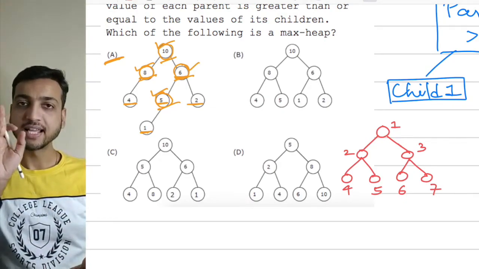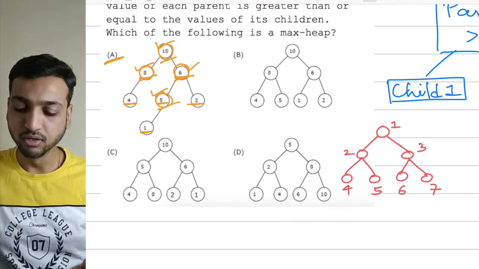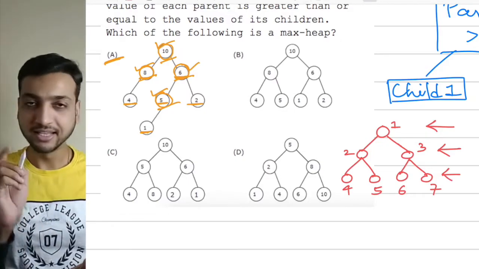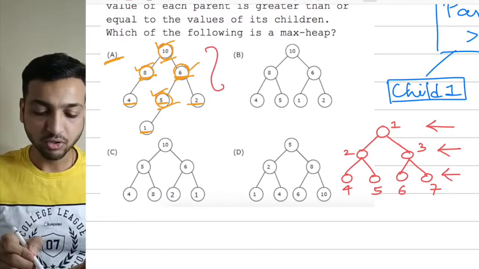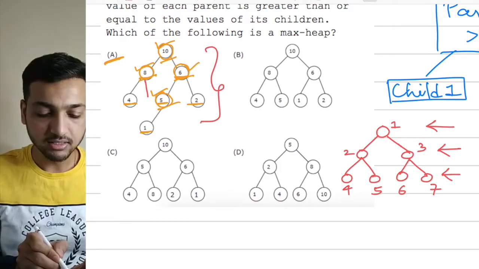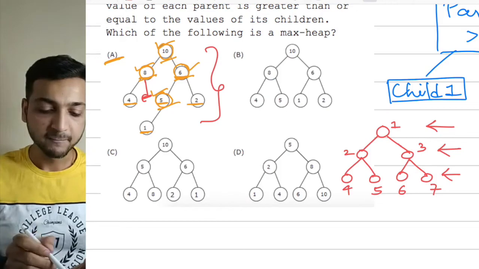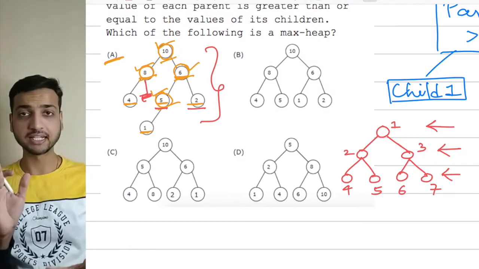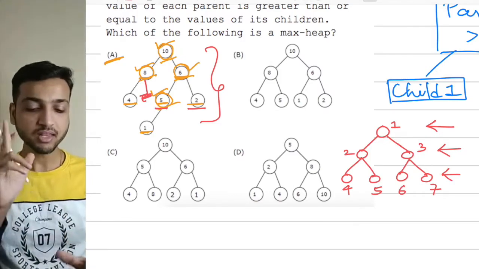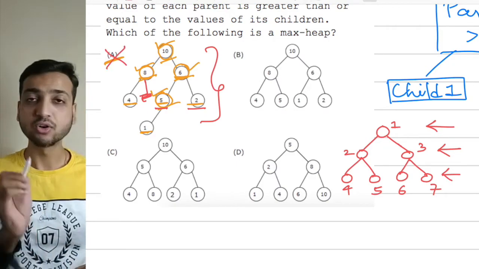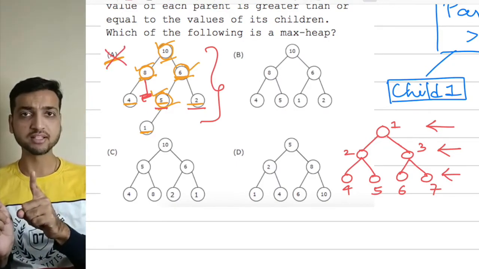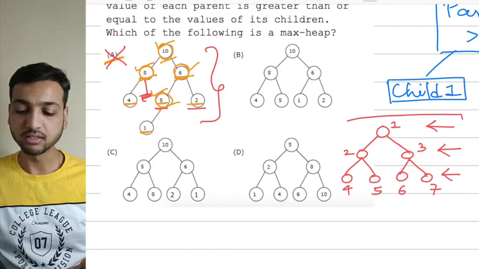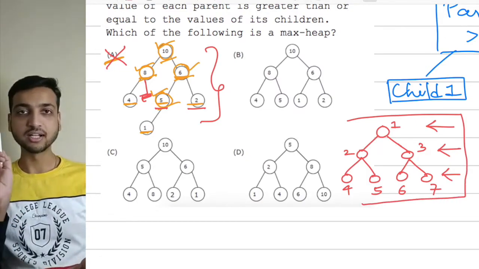So at any point, the max heap will be full level by level, level number 1, level number 2, level number 3. Here clearly in option A, this property is not satisfied. You can see that this has a missing child here. In spite of this having a missing child, we have got these nodes full, which is incorrect and violates the property of max heap. Hence, option A is not the correct option. Although it satisfies one property of max heap, that the parent has to be greater than the children, it does not satisfy this other important property. So option A is not the right answer.